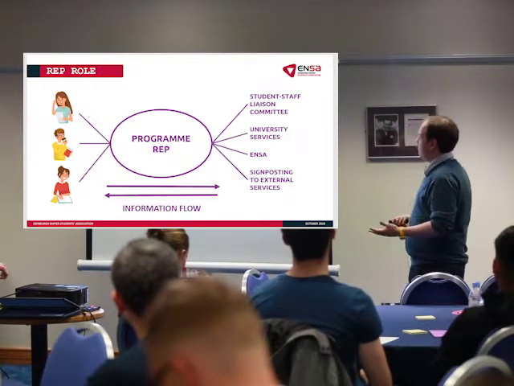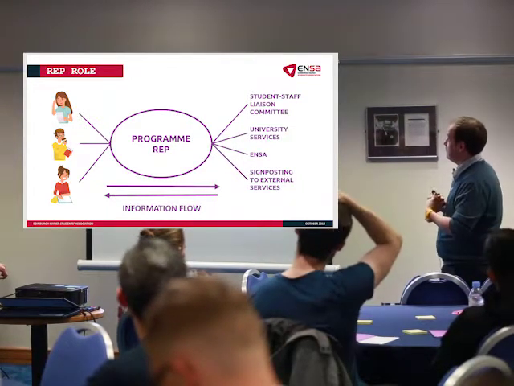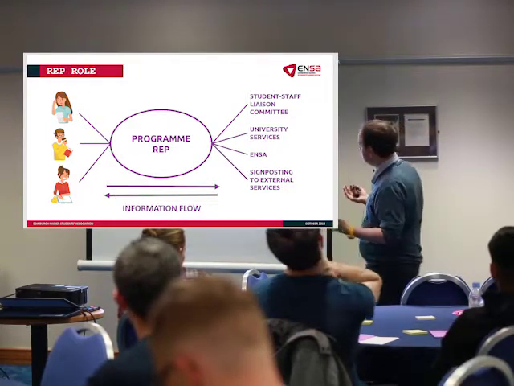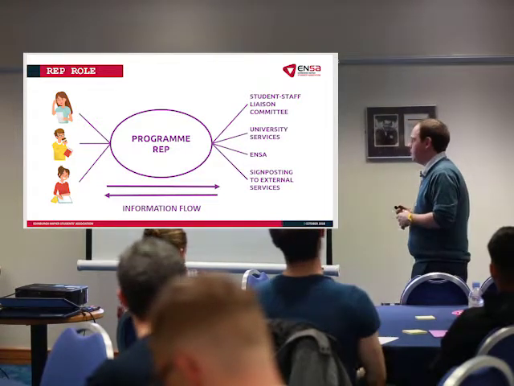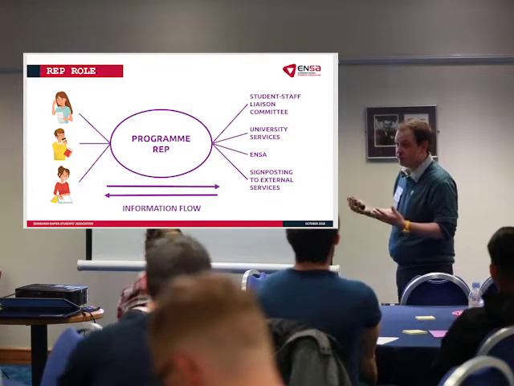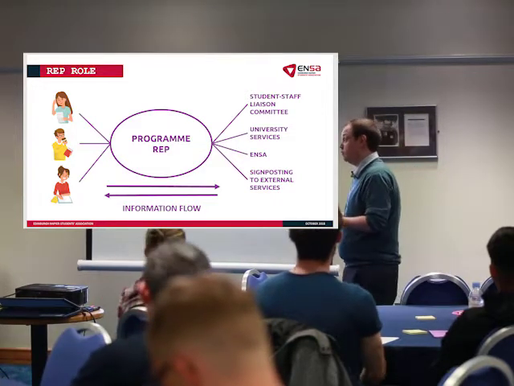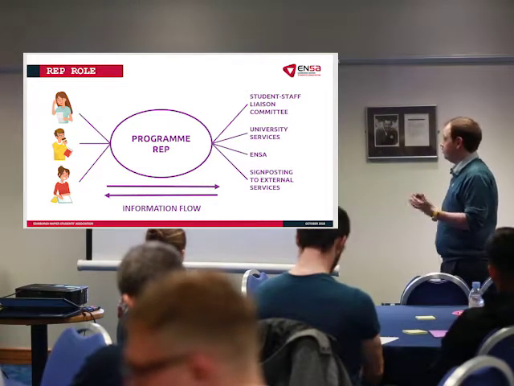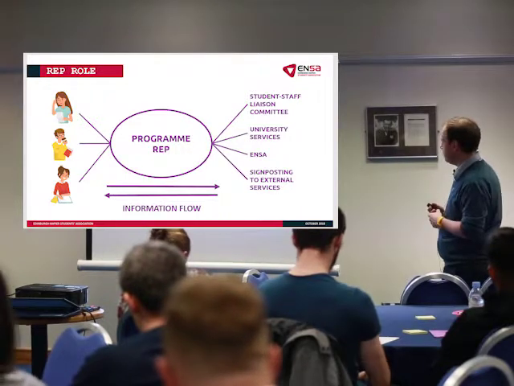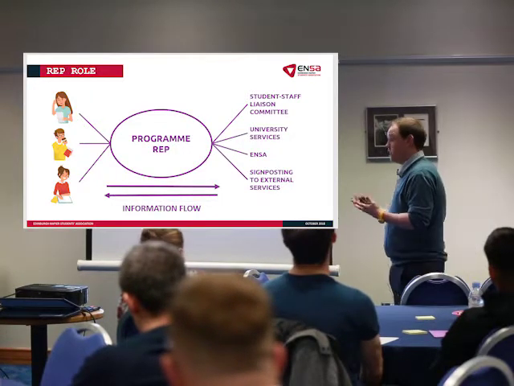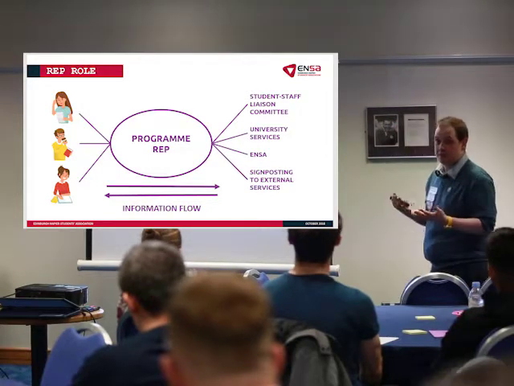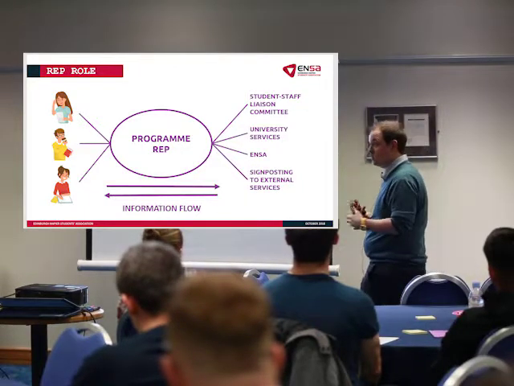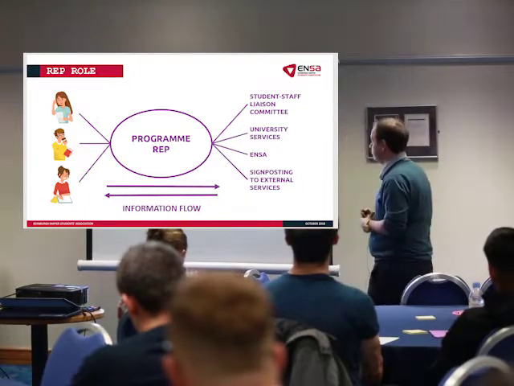So you're the programme rep, you bring all of that together and then you send it out to a whole different range of people across the university community and outside. The formal structure would be the Student Staff Liaison Committee. That's where you meet up with your programme leaders and academics, and it's a formal meeting. You're going to be invited to a few of those each term. But you might also have to speak to other university departments and services, things like the IT service, the library service. You're going to interact with them as well, passing on information from the students.